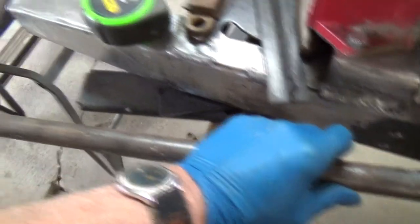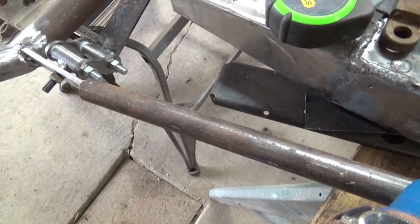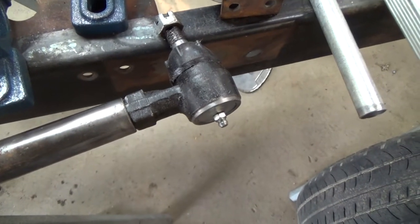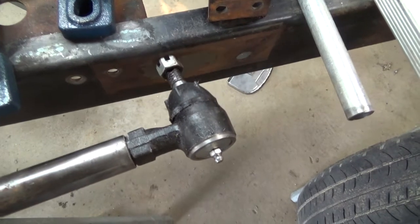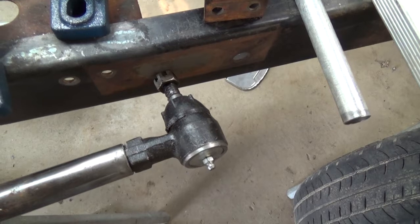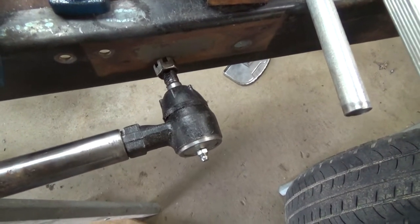Something like this. I'm thinking I'm going to split my tube and slide it on the end there. And then down here we're going to drill a hole, and I have some large nuts that I can drill out to a taper. And these will be mounted, I'm expecting, somewhere down here, either in the middle of the frame or a little below the center of the frame. But yeah, that will finish anchoring our front end,